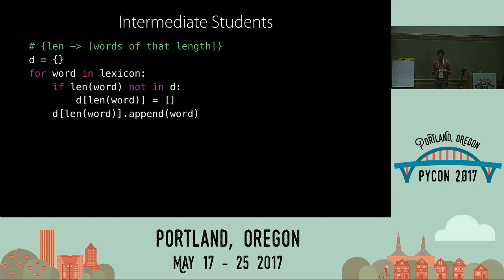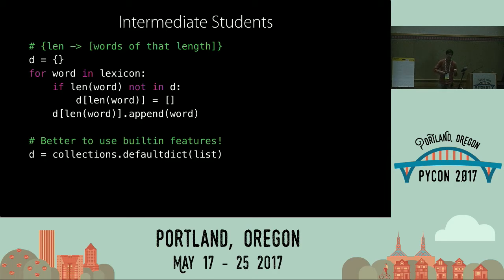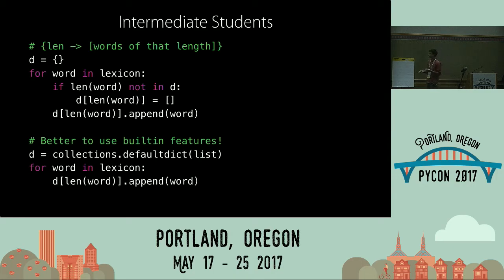Does anyone know what it is? Default dict in the collections module. This is a chance to just directly auto-instantiate with whatever factory function is passed into the default dict class, some object. And this is a little simpler, but this is a more subtle difference that you may not bring up to your most basic students.